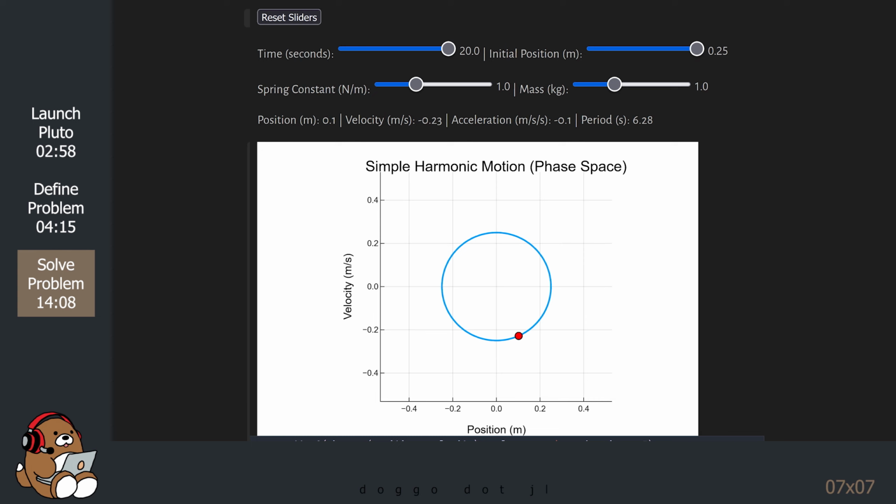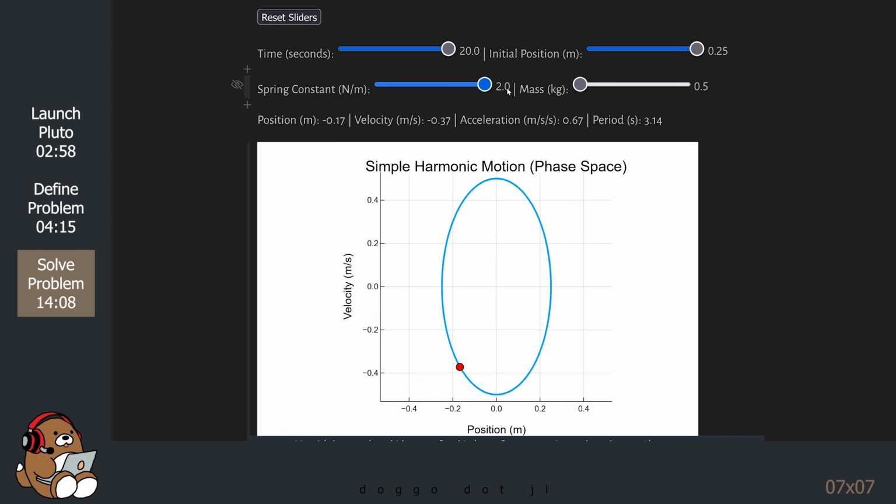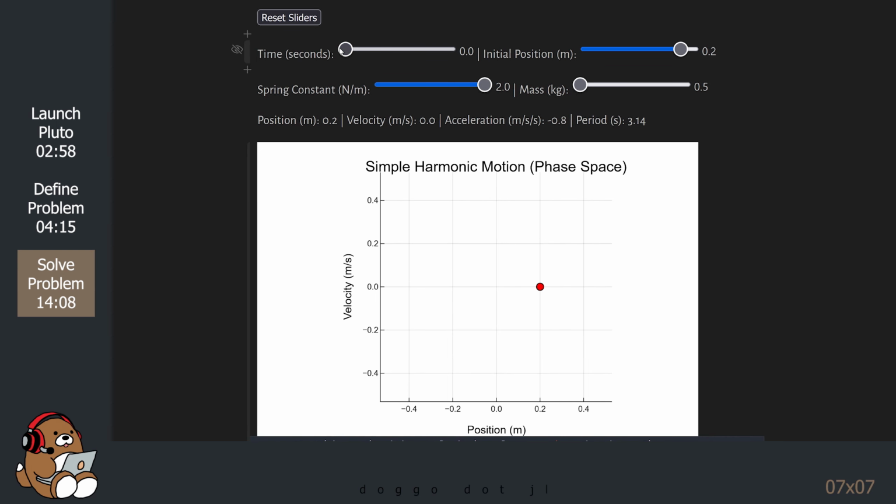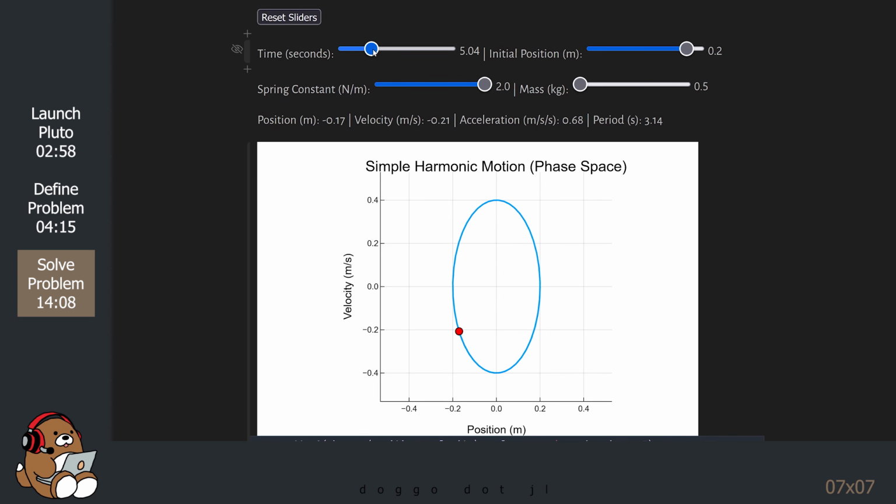Pretty cool, right? And of course, you can move all of the sliders however you like. I don't know about you, but I find these models to be endlessly fascinating. I know that animations are a popular way to visualize this motion, but there's something about having the ability to interact with the model that I like. I also enjoy having the ability to build my own models so I can customize it. I hope that you're enjoying your experience as well.